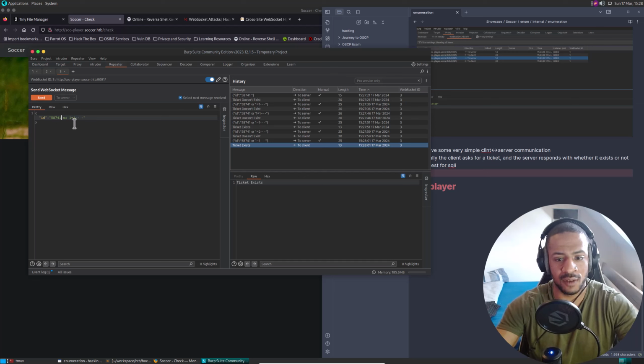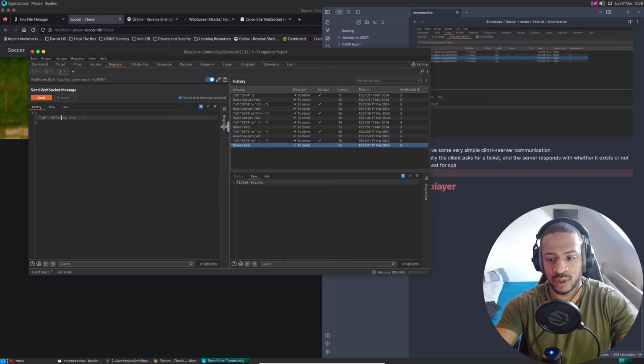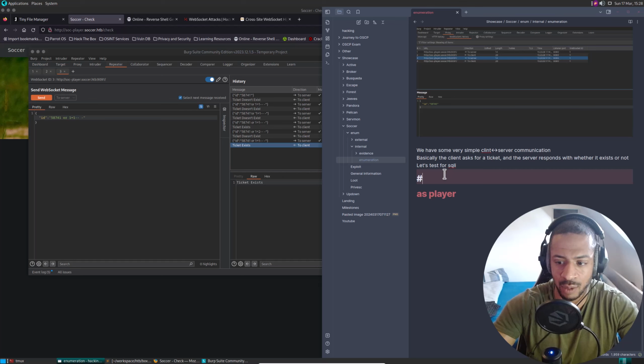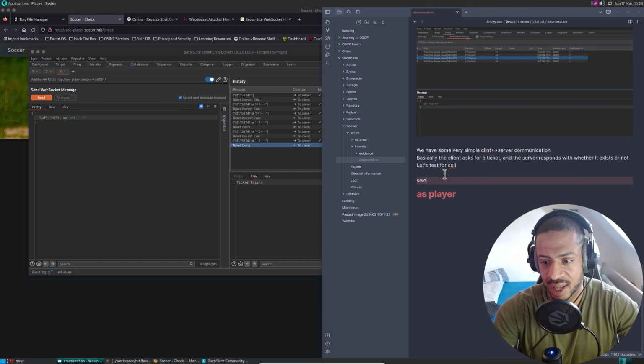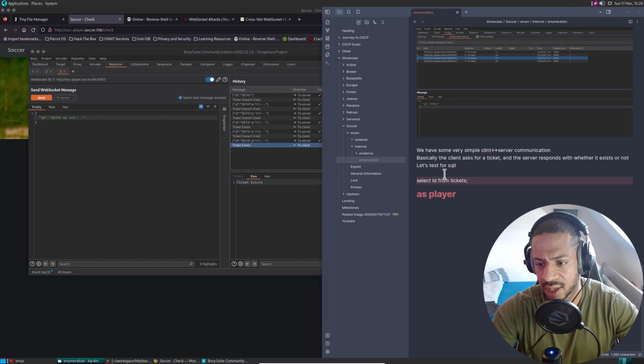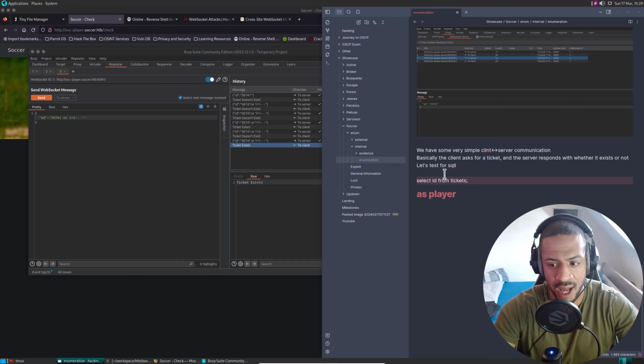If it gives me a positive response, you have to imagine that in the backend it will say select ID from some sort of table, so select ID from tickets, let's say.